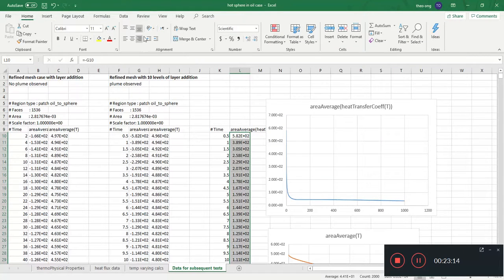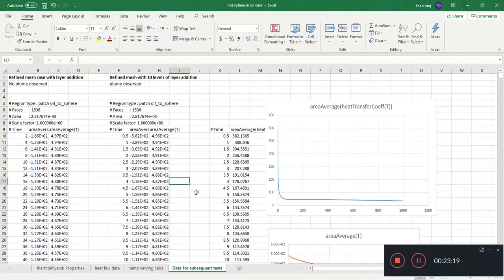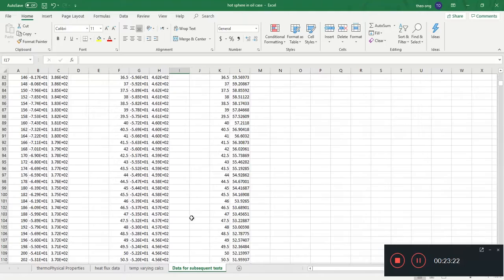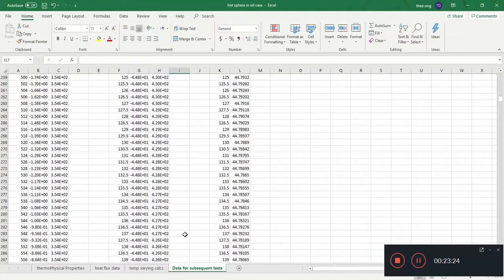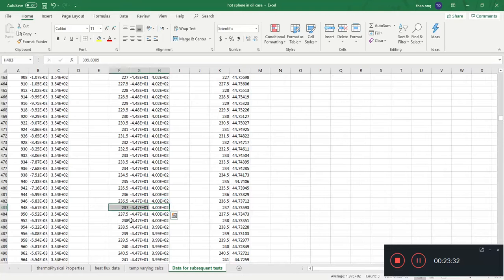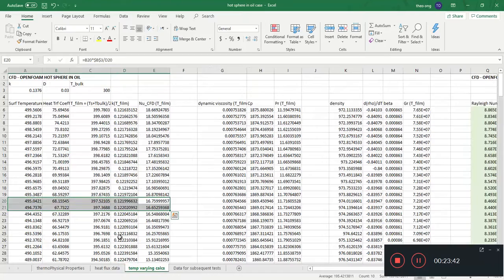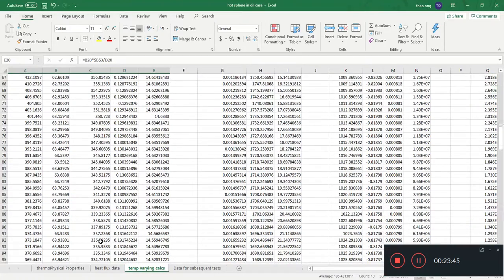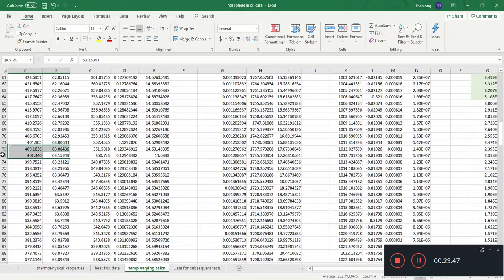I'm going to change it to general. If we take a look at the correlation, let's see the heat transfer coefficient at somewhere about 400 Kelvin. 400 Kelvin is about 237 seconds. Heat transfer coefficient is about 44.7, about 45. So at 400 Kelvin, the heat transfer coefficient in our coarse mesh case was about 63, and